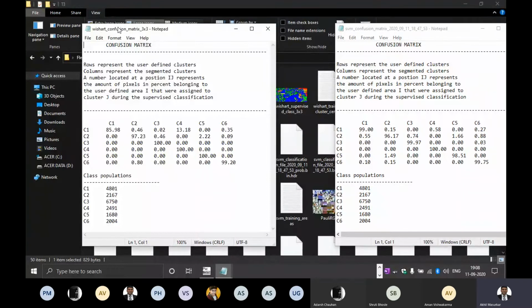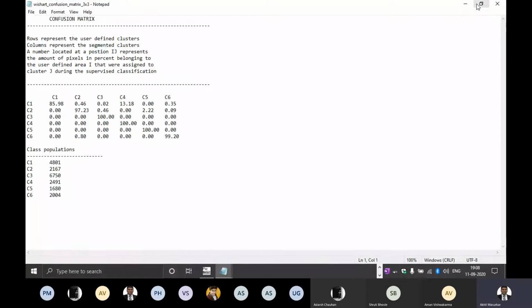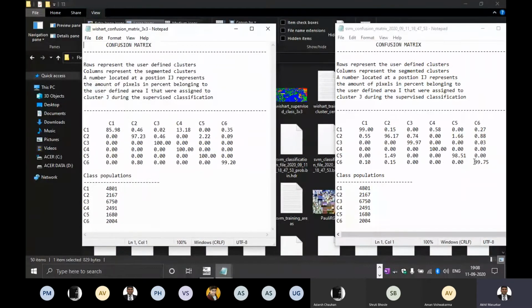This is for Wishart and this is for SVM. Both are having 6 classes. Class populations are also the same, 4801, 216, all the class populations are the same.